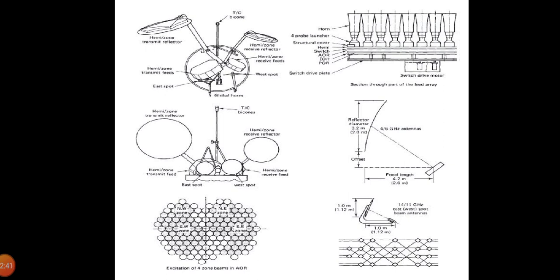In the 14 by 11 GHz band, circular reflectors are used to provide the spot beams, one for east and one for west. These beams are fully steerable. Each spot is fed by a single horn which is used for both transmit and receive. Wide beams for global coverage are produced by simple horn antennas at 6 by 4 GHz, and these horns beam the signal directly to the earth without the use of reflectors.